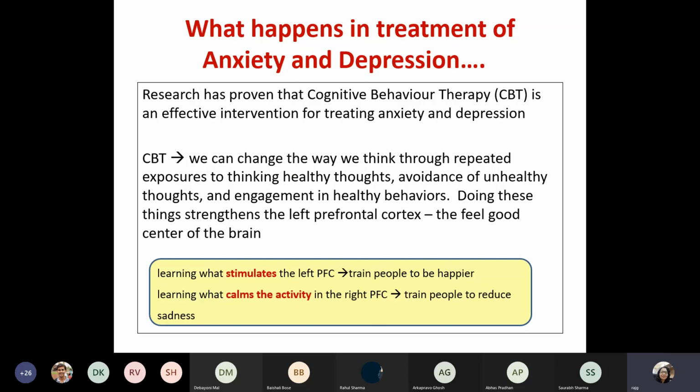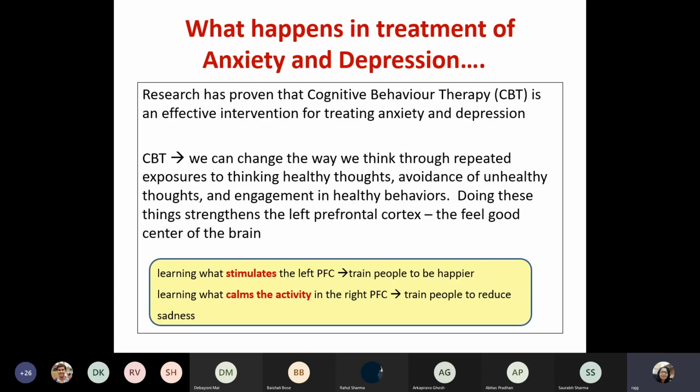So we say that, okay, you're not feeling good about yourself. You don't need to think about how good you are feeling. You just need to do this action. Get up in the morning and go for a walk. It doesn't matter how you're feeling. You don't need to think whether you feel good or you feel bad. You just do the action. And once you continue to do the action, there are certain changes in the brain.